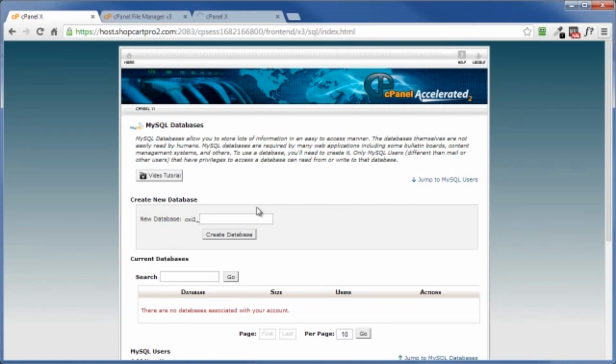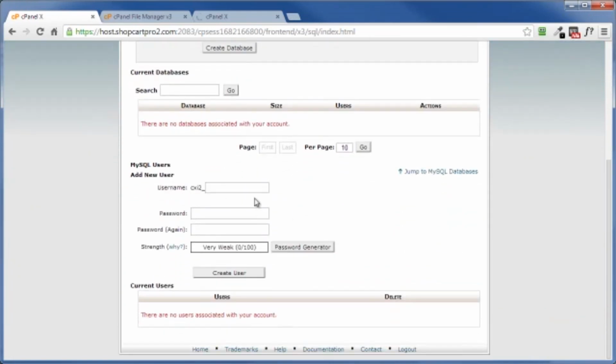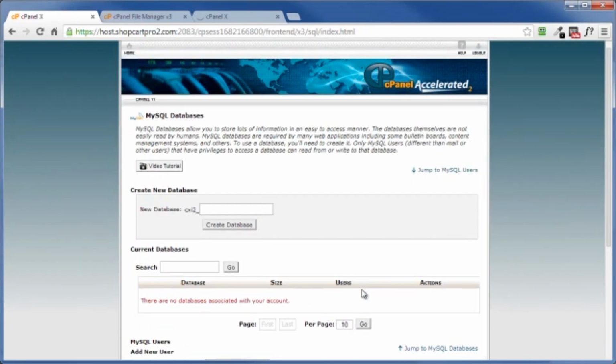Now we want to create our database here, create a user here, and then tie the two together down here. And I'll get to that in just a second. But first, let's create our database. You can put whatever you want in here, and if you make a mistake, don't worry, because they will tell you in big red letters. Click on Create Database,